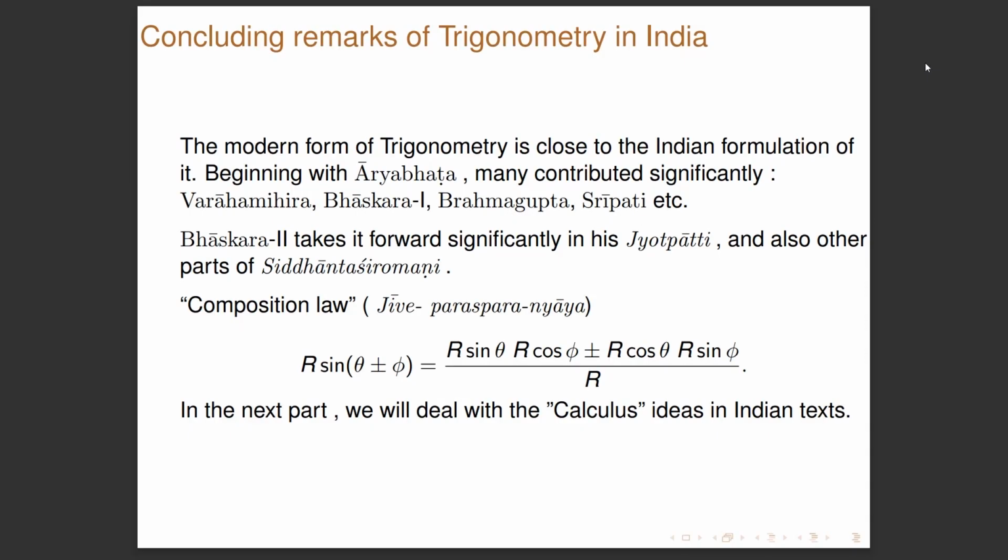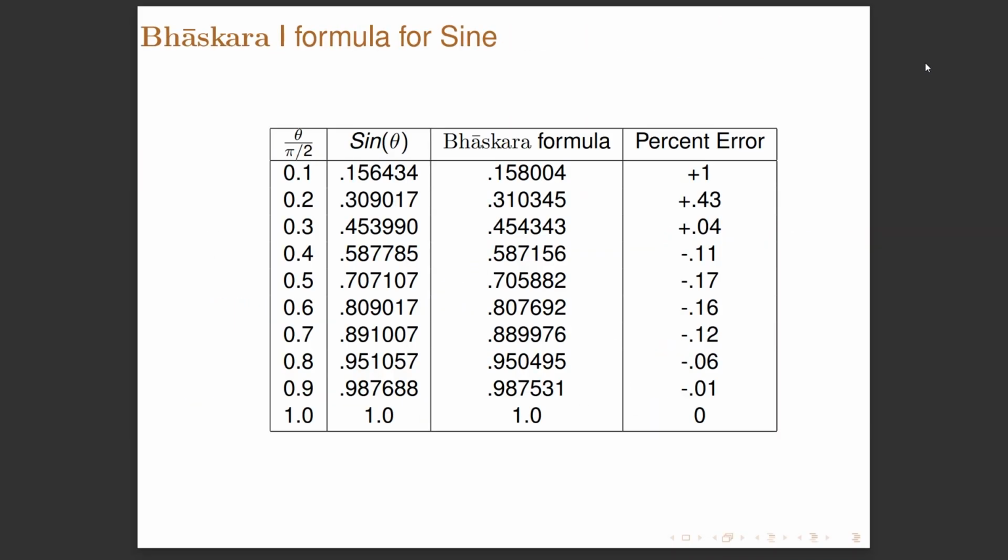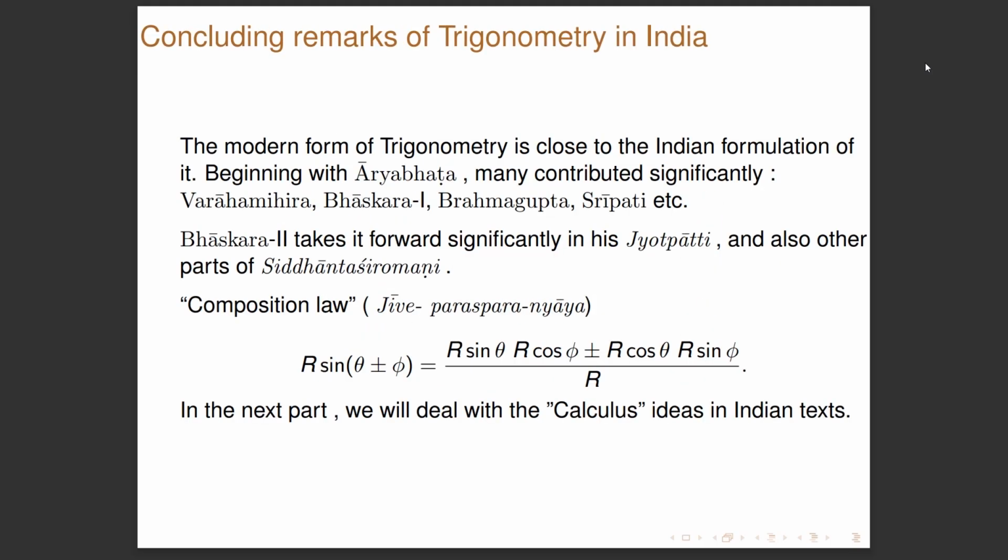So, to conclude about trigonometry, the modern form of trigonometry is close to the Indian formulation of it. And beginning with Aryabhata, many contributed significantly. Varahamihira himself has these things in his work called Panchasiddhantika, and Bhaskara 1, Brahmagupta give them. In fact, Brahmagupta very clearly says that in a triangle, you